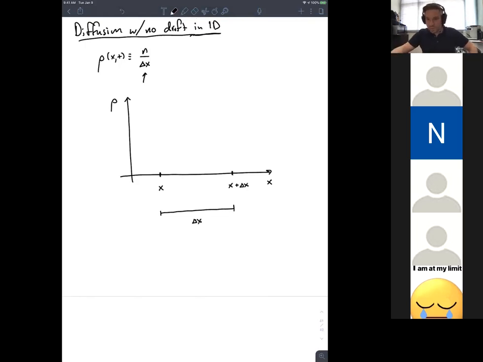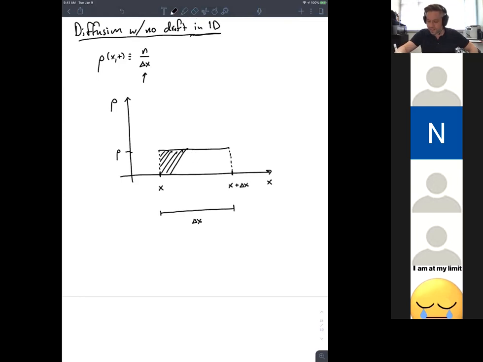Now, if I look at the region between these 2 points, I want to know how many particles are in that region. With this definition of rho, that's really straightforward. You just take whatever the concentration is within that region and multiply it by the distance, so in other words, the area,